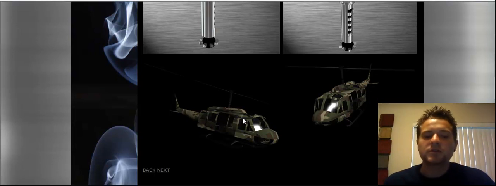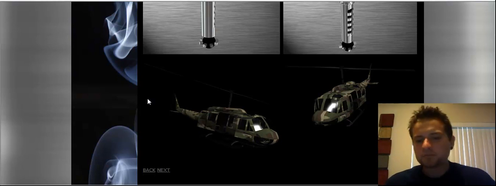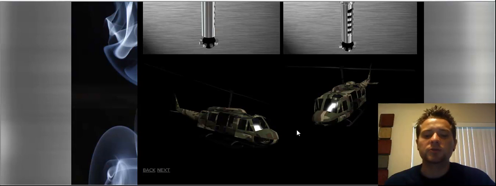The texture is the basic woodland camouflage I was talking about earlier that I have. This helicopter was originally used in the jungle during Vietnam, so I didn't want to put a desert camouflage on it or anything, and it is actually used in one of my levels. So the woodland camouflage was the best way to go on this. The army green made it look very, very cheap looking, I guess you could say. It made it look really, really fake, and I didn't like it, so I went ahead and used the woodland